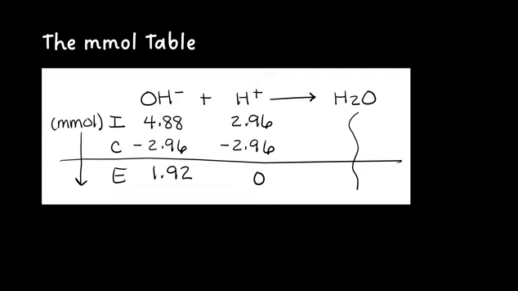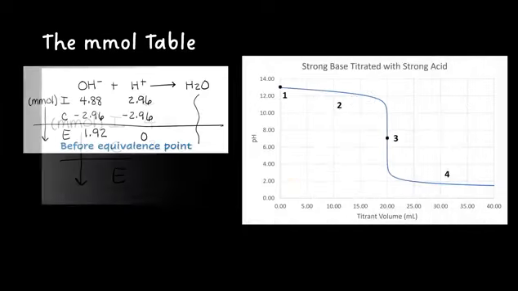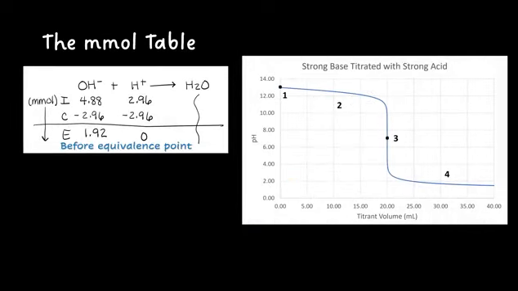In our next example, we see that the H+ goes to 0, which means that the amount that was added was used up. When the titrant is at 0 and the reactant is greater than 0, we are before the equivalence point. There's still some hydroxide remaining even after this reaction. This tells us that the reaction is not complete because some of the hydroxide didn't react. This titration is somewhere in region 2.